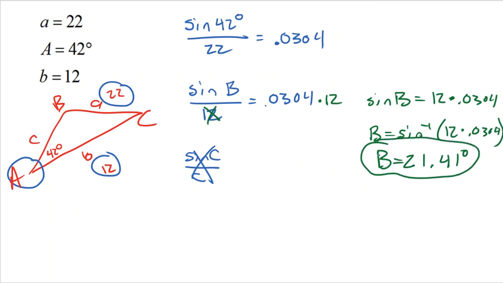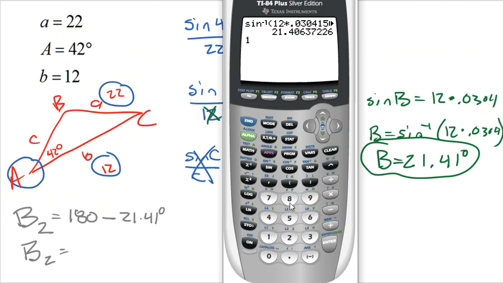Now, here's the deal. And this is what's tricky. Again, all we can do is practice this. There is a potential for a second solution. So I'm going to come over here. There is a potential for a second angle B. And to find that, we're going to do 180 minus 21.41. That's the trick. So you only have to worry about this in the ASS scenario. And once you do get that angle B, you're going to go ahead and find a potential second answer for angle B. And to get that second answer, you just do 180